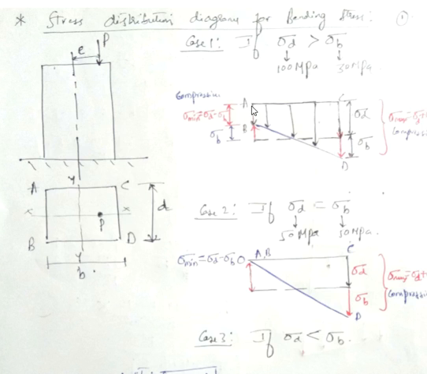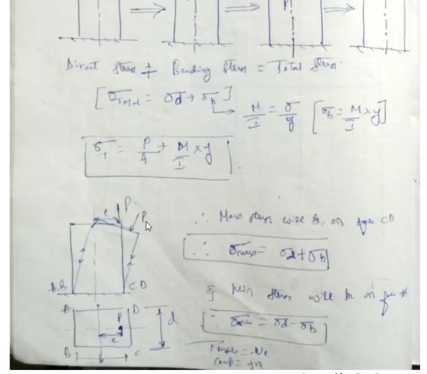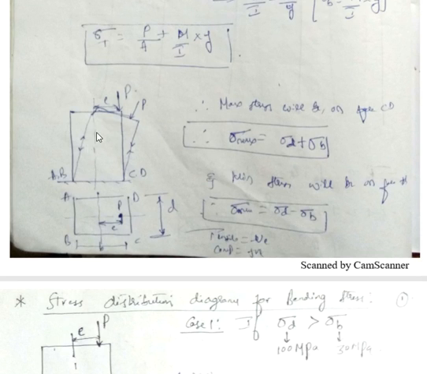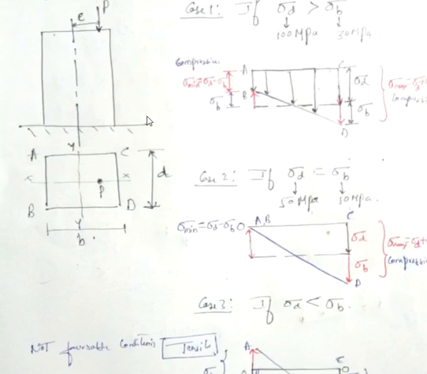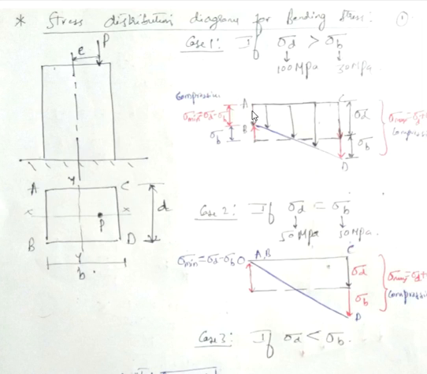But if you look at this end, that is section A and B, because of the direct stress there is compressive stress up to this point. But because of the bending there is tensile force, and tensile stress we need to take as negative. From A to this point there was direct stress which was acting downward, but tensile stress is negative, so we should move upward. So if I consider bending stress as 30, which is up to this height, it is coming downward here, but here it is going to go upward.